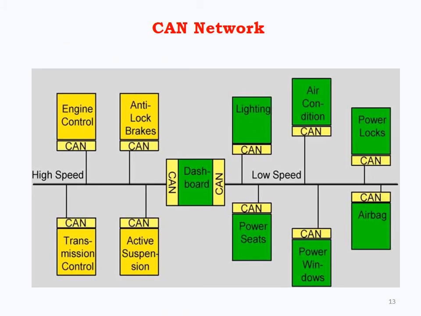This is the basic CAN network. In this network, a common line is connected, that is a high speed line or low speed line. In this line, the different ECUs are connected. Each ECU has a separate controller to receive the data and transfer the data. So the system will communicate in a fast way. It is also like a computer network, so this also has protocol layers. In this CAN network we have four layers.